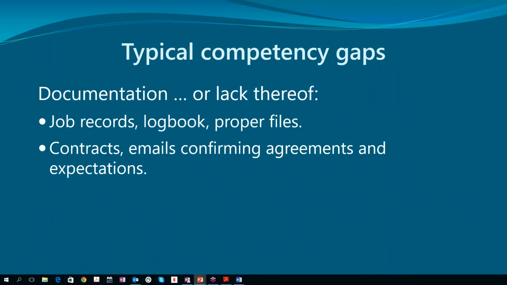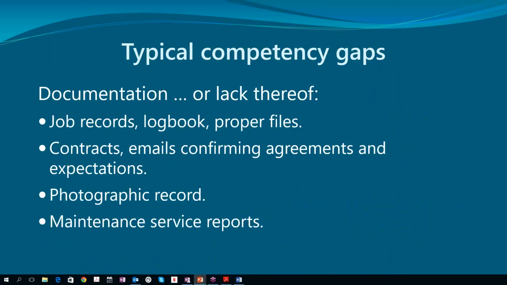Maintenance is a bit dodgy because oftentimes we're digging up D boxes that are 20 or 30 years old, for example. So the minute you dig up the D box, it all crumbles apart. And then you have to say to the person, you need a new D box. Well, now that brings up the argument about whether it was your fault or not. So having something that says that there could be some damage is important. Photographic record, once again. Maintenance service reports are often very poorly done or not at all. Sometimes people don't issue a report whatsoever, and clearly we have to.